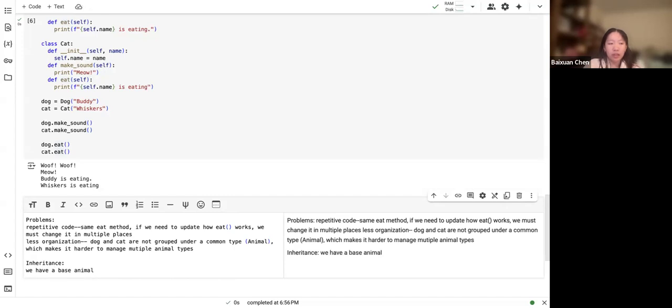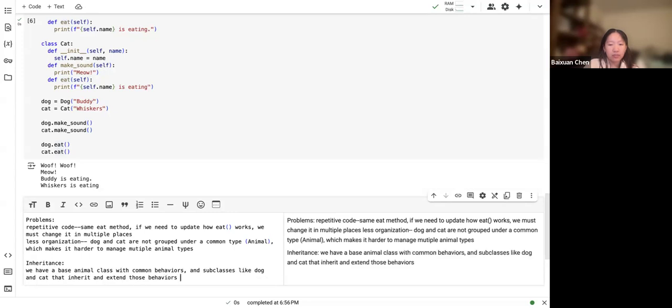We'll use a base animal class with common behaviors and subclasses like dog and cat that inherit and extend those behaviors. Inherit eat, override make sound, for example. Okay, so to do this, we can do